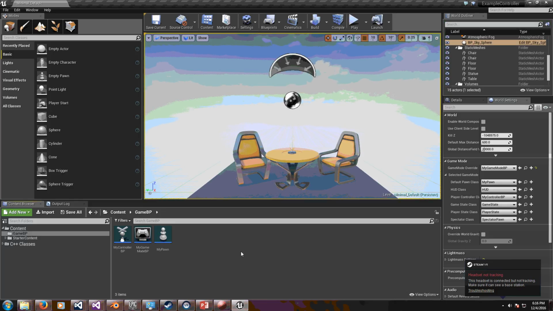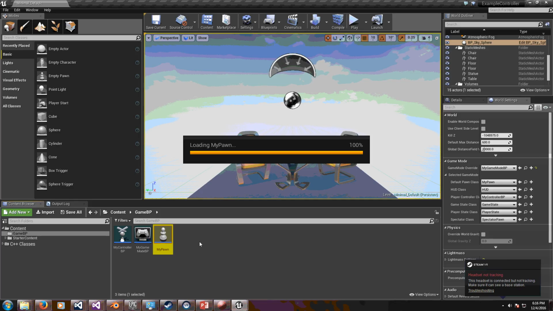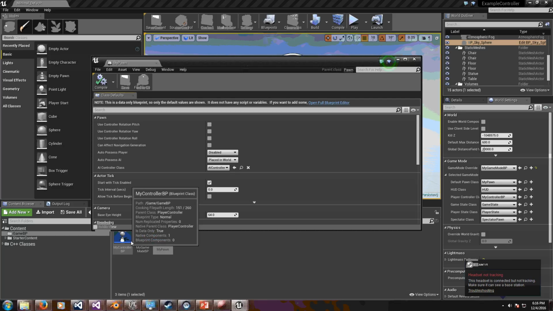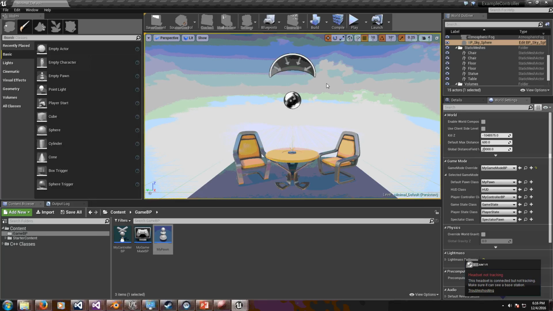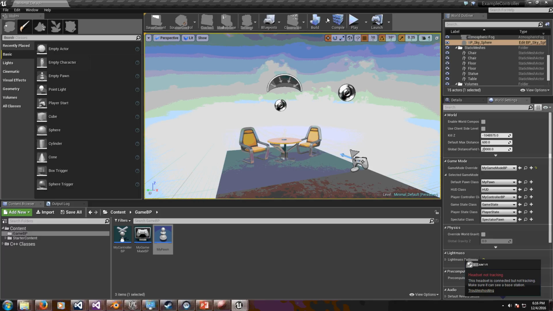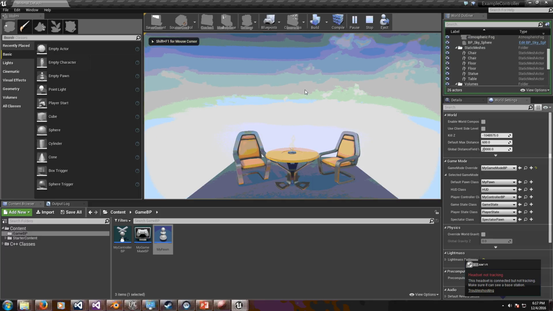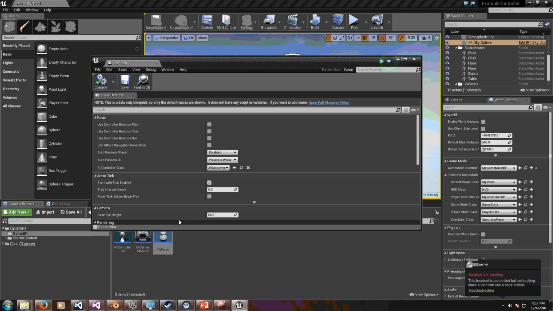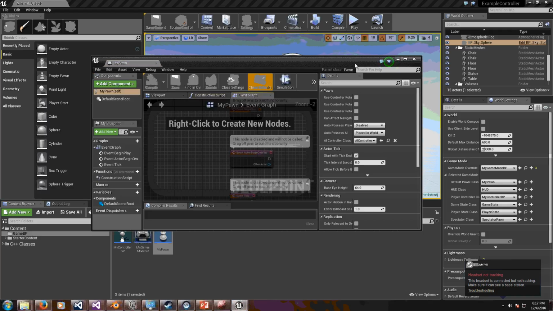Now that this is working, we can go ahead and set up the pawn. The reason why, by the way, I put my controller blueprint is because I want to make sure that these are my controls, and when I start the game, excuse me, when I start the game, I cannot move. So I'm going to open this controller, and you know what? Let's